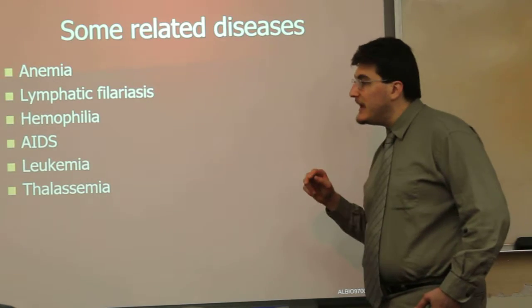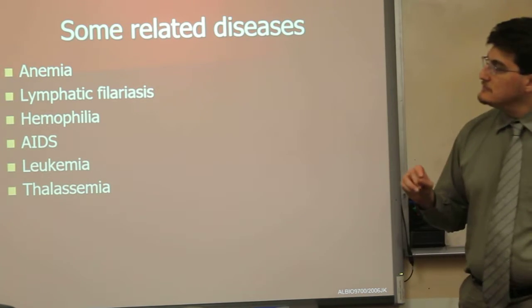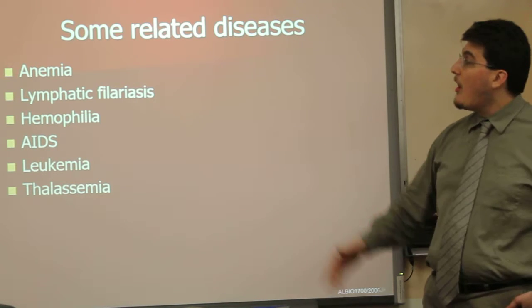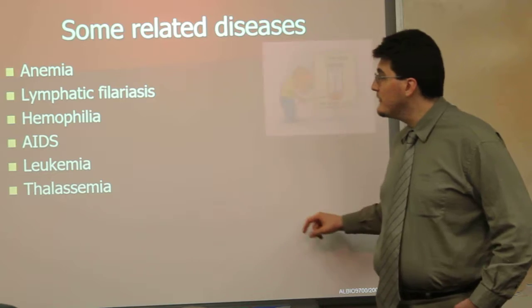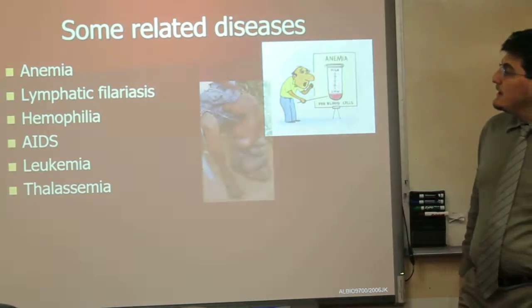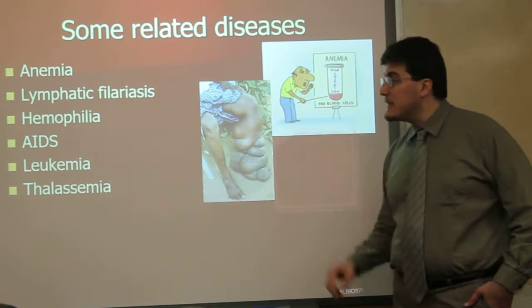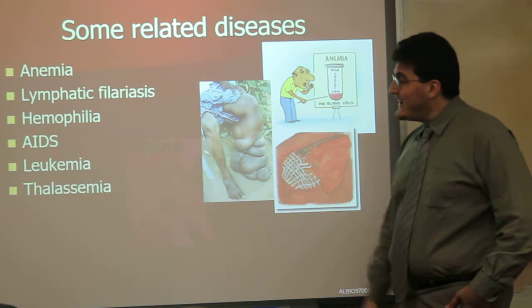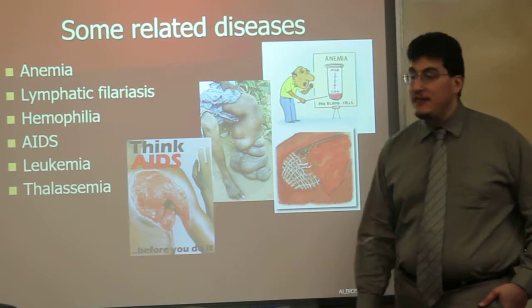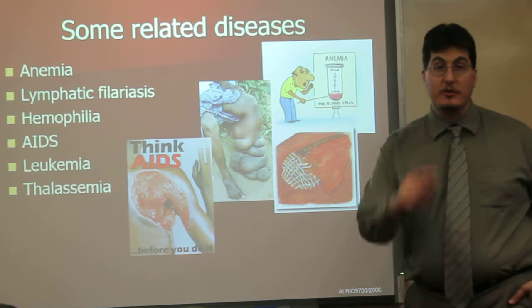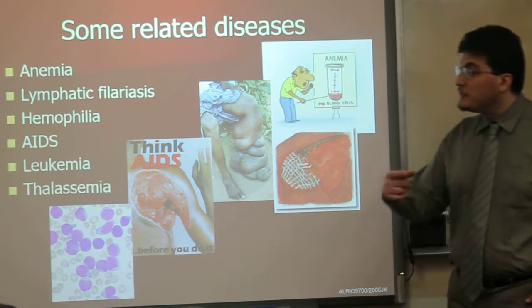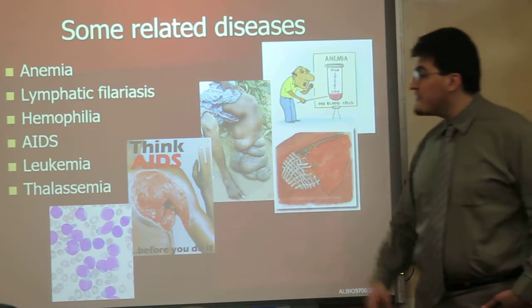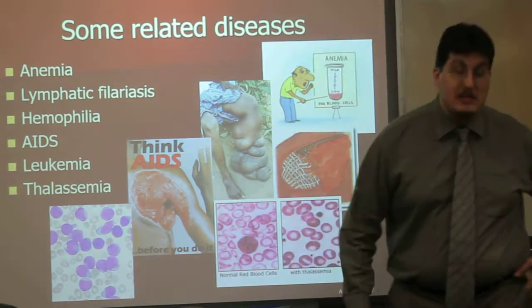Now, some of the related diseases of these blood cells are anemia, lymphatic filariasis, hemophilia, which is a bleeding disorder, AIDS, which results from an HIV infection, which we will discuss in greater detail in Unit 5, leukemia, which we will also discuss in Unit 5,